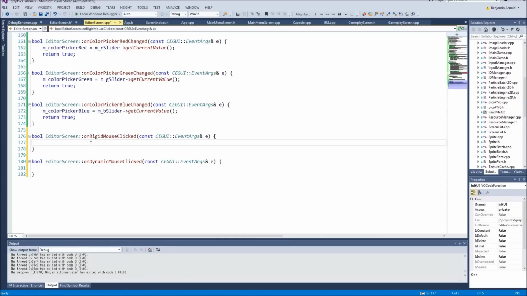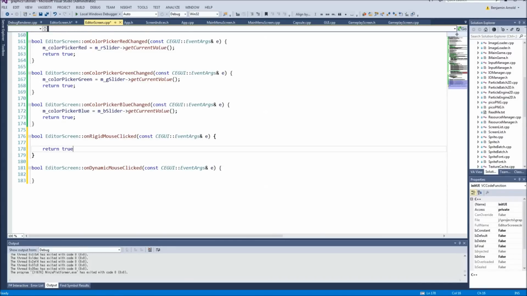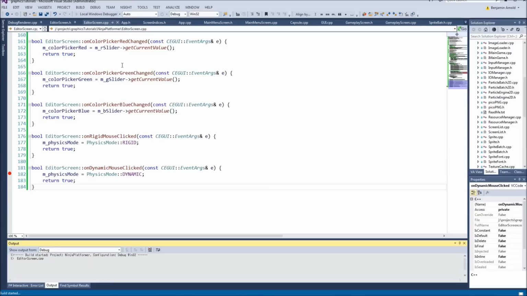And so what we're going to do is return true for both of these. And then when we click the rigid mouse clicked, we're going to say m physics mode equals physics mode rigid. And for dynamic mode, we're going to say m physics mode equals physics mode dynamic. So I'm going to put a breakpoint here, and we're going to see that we can hit that whenever I